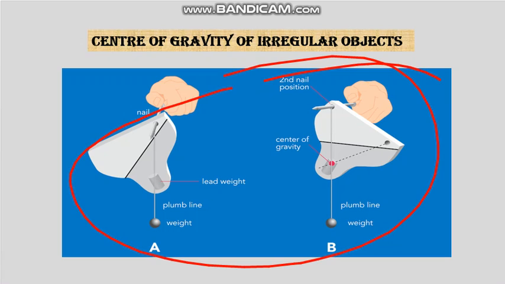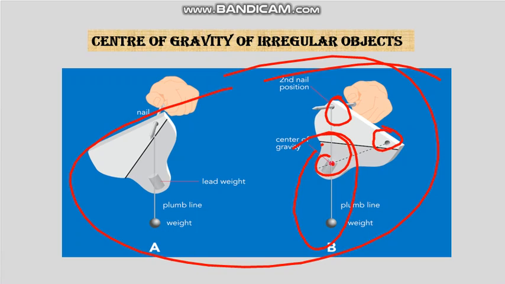Drill three small holes near the edges of the plate whose center of gravity is to be located. Suspend the plate from a nail fixed horizontally in a wall using one of the holes, say A. When the plate is at rest, suspend a plumb line from the nail. Draw a line A on the plate along the plumb line. The center of gravity lies somewhere on the line A.